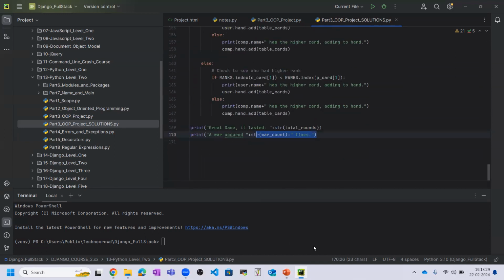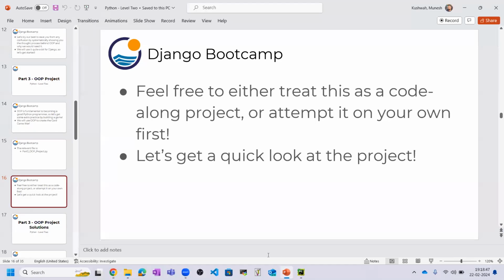Okay. So these types of questions, these types of things are actually the most complex things. Okay, we have completed this part and